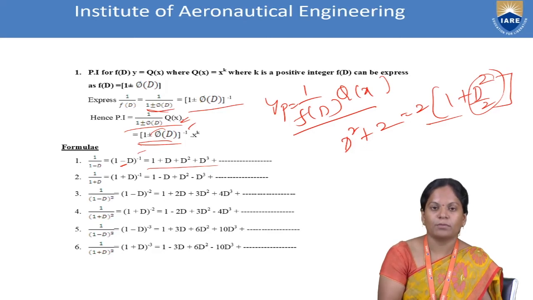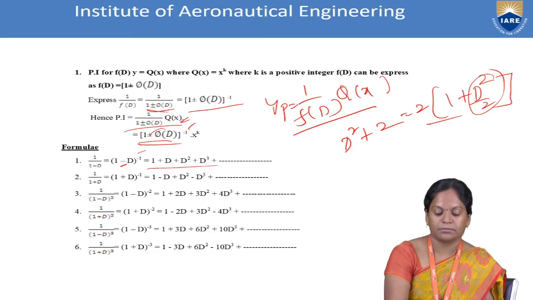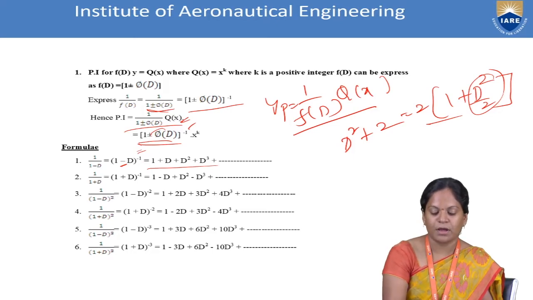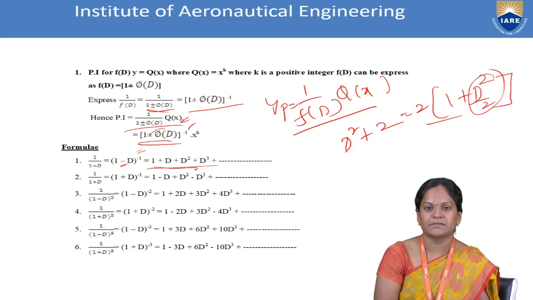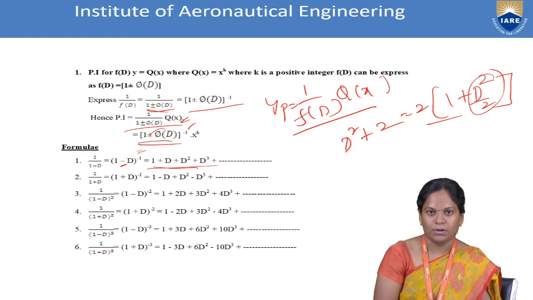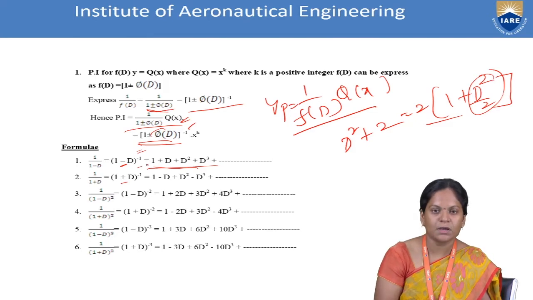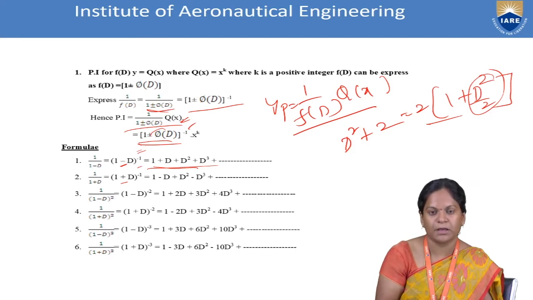Based on the problem, based on q of x, we have to expand the term. Here you should remember one thing: 1 minus d whole inverse. Here also the power is minus. So 1 minus d whole inverse becomes, all the terms should be plus: 1 plus d plus d square plus d cube and so on. If the sign is plus and the power is minus 1, like 1 plus d whole inverse, or any function like 1 plus phi of d whole inverse,